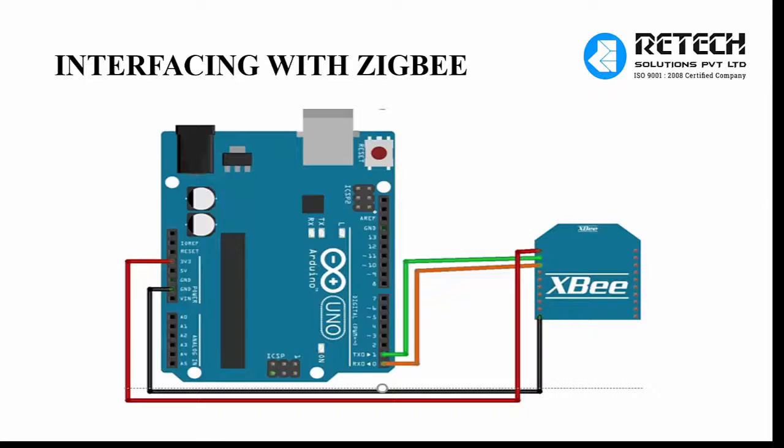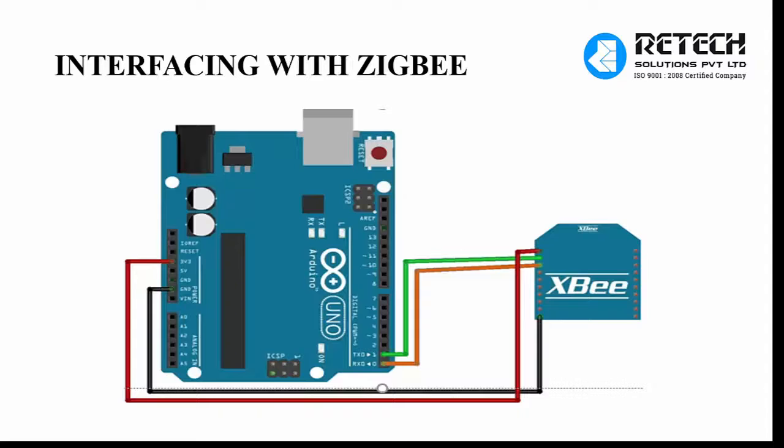So for that purpose, you only need to connect the transmitter of the Arduino to the receiver of the Zigbee. You are transferring some data from the Arduino microcontroller to the Zigbee, and the Zigbee can take the data from the Arduino and wirelessly send it to another Zigbee module. So you need to connect the transmitter of the Arduino to the receiver of the Zigbee. In the receiving mode, you need to connect the transmitter of the Zigbee with the receiver of the Arduino. So it is a connection of the Zigbee with the microcontroller.